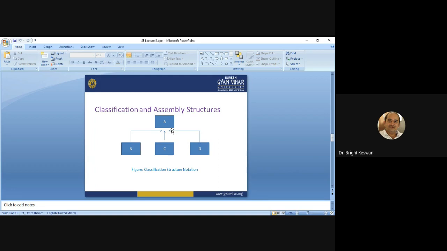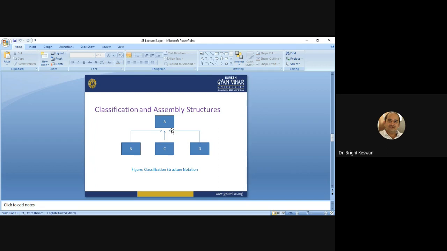This is a typical example of classification structure notation, where three segments, B, C, and D, are related to their main component, which is A. This is the classification structure.